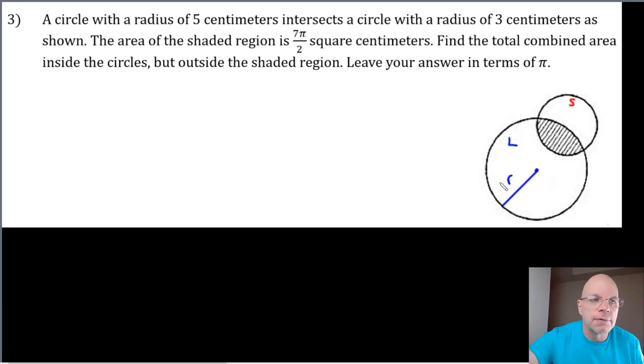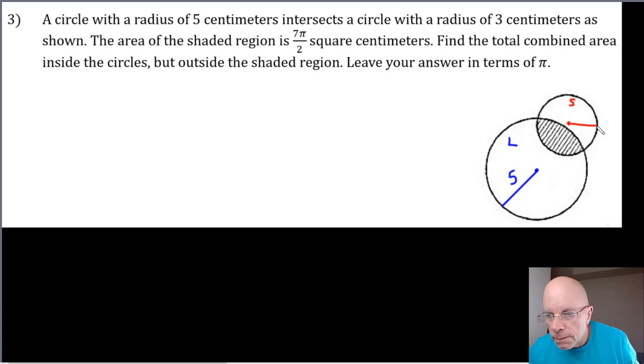Why would I put a variable when I know what the dimension actually is? 5. And then for the small circle, radius of 3. Okay, so now